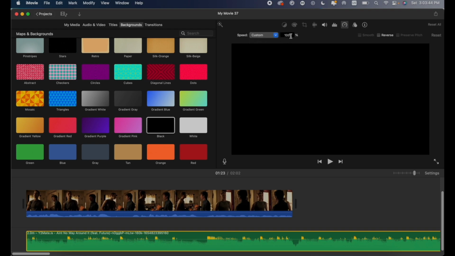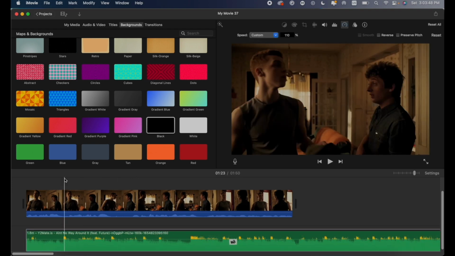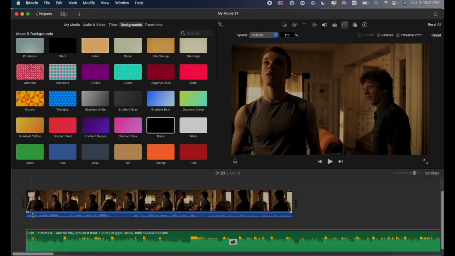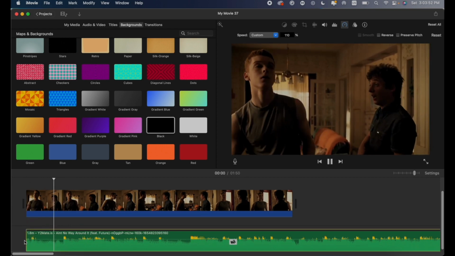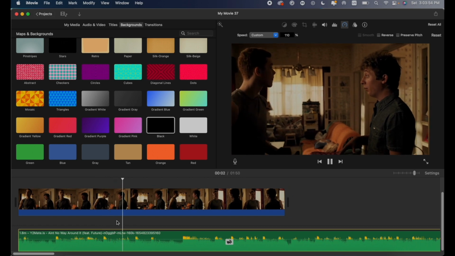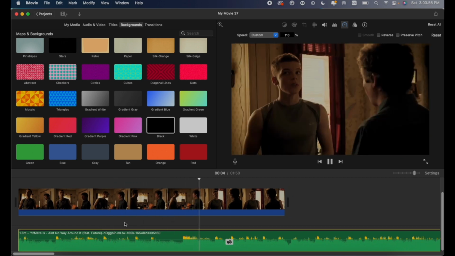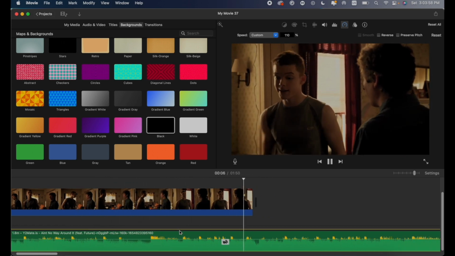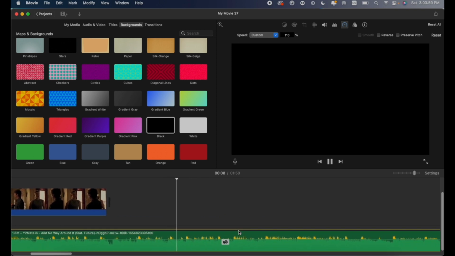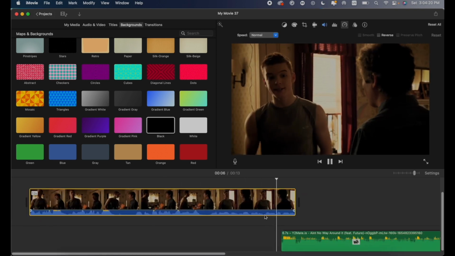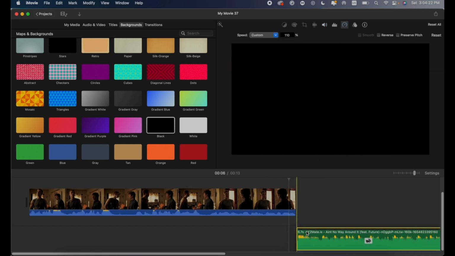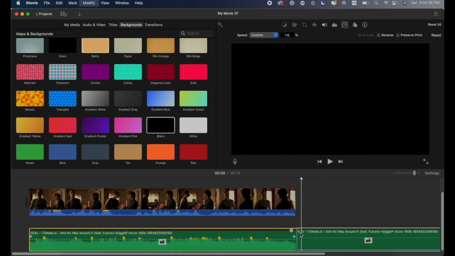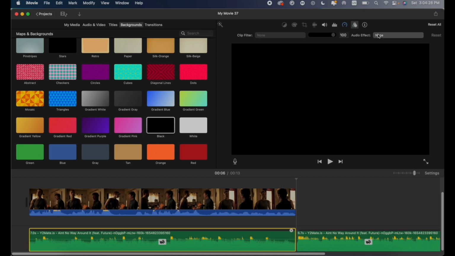Here's where I really like iMovie. You can play around with the audio and edit it very easily, so I just speed up most of my audios to avoid copyright. Also, TikTok really likes fast videos, so speeding up an audio generally helps. What I love about iMovie is that you can see the audio waves, so it's really convenient and easy to know where the beats are, and then I just cut it to the beat and then I extended it. The next thing I did was I cut the beginning part of the audio where the intro is playing,